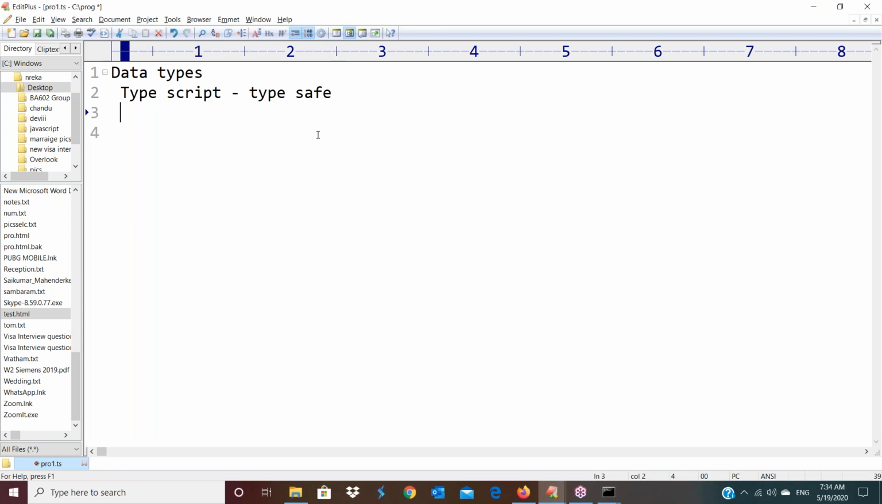What are the data types available here? Number, string, boolean, and any. These are the data types which we have in TypeScript. Okay, now here, if you take Java,